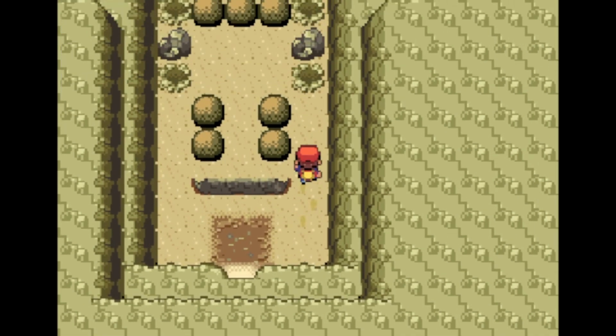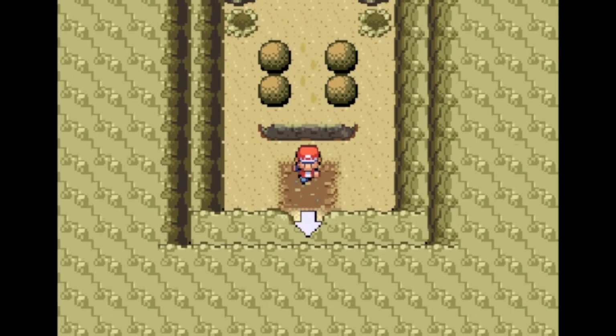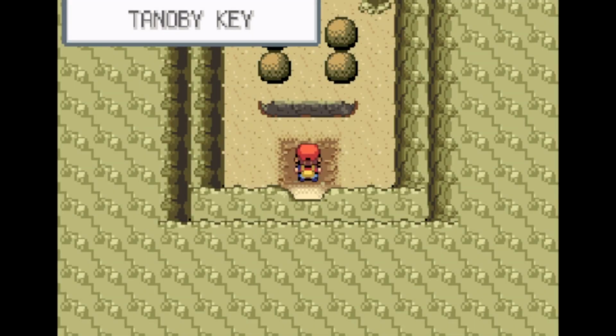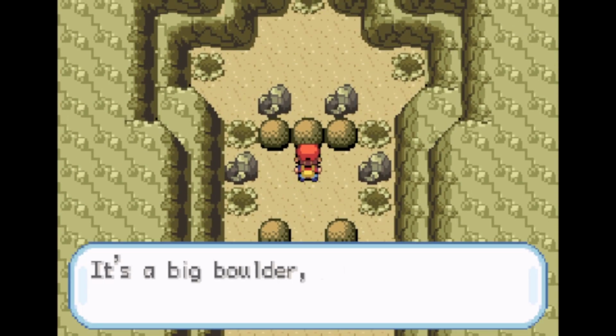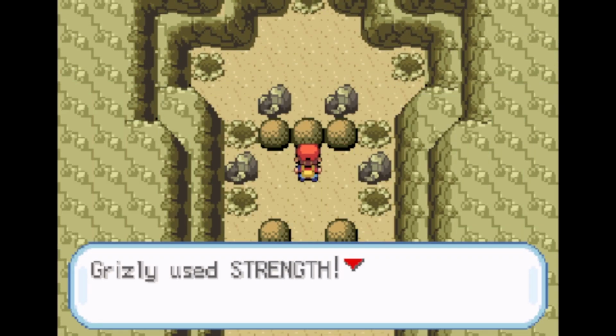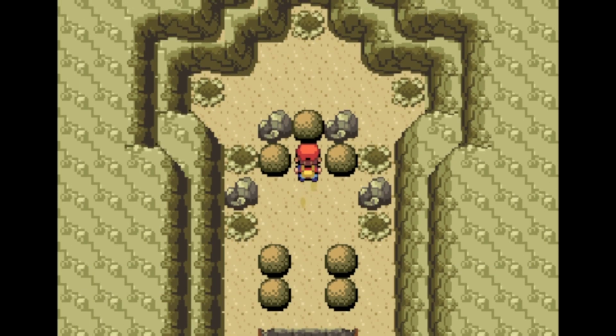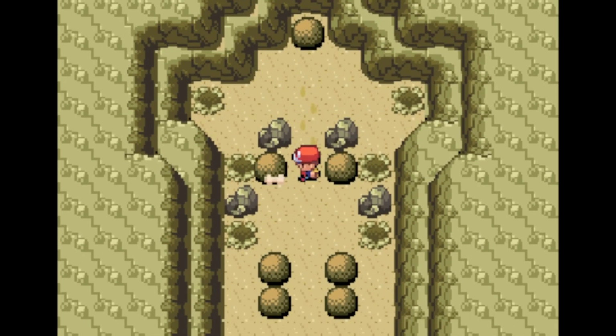Okay, here's what I wanted to get to. Oh my god, Tanobiki? Is that what it was called? Hang on. Okay. So it's a strength puzzle. We do have Grizzly's Strength for that, and so I just need to figure out how to get all of these in here. So I think it's this,